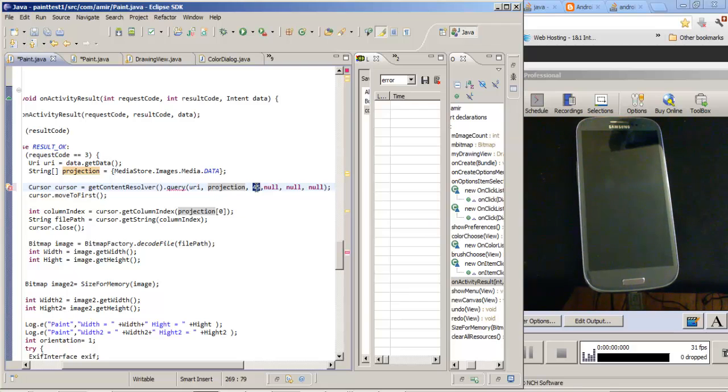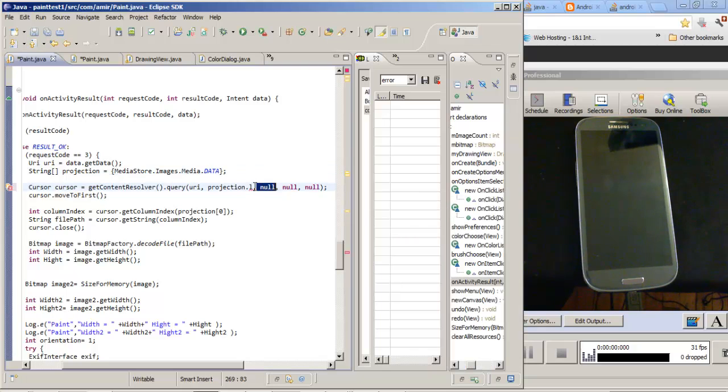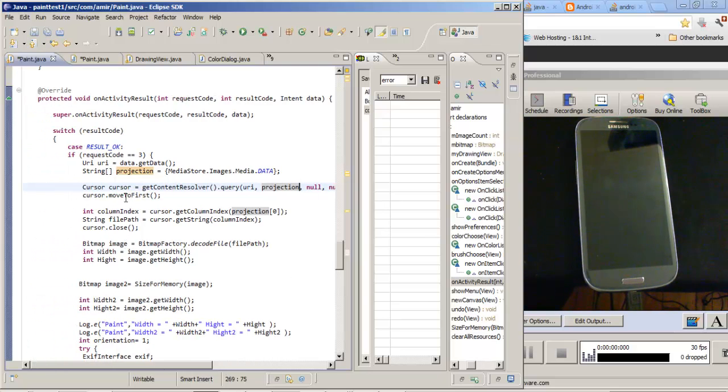Instead of doing that, I think what Google does is take this and say, how big are you? When you click, I can ask myself. So if you do dot length, you can get a number of how many items are there in this array. In this case, just one. But in our case here, we only need one, but it's set up for multiple, so we have to set up for multiple as well. Okay, so